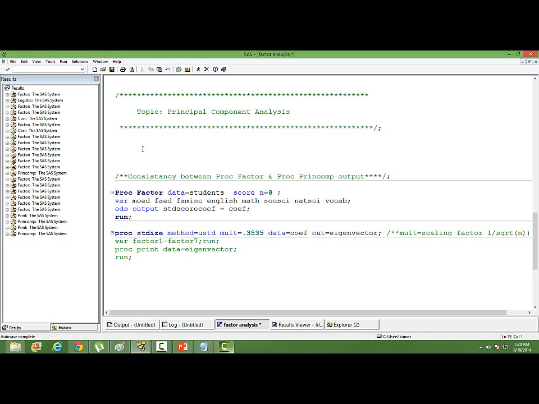We group variables and we name the group something. So when we build the model, we are concerned about the coefficient of that factor in the predictive model. In principal component analysis, we don't really care about the grouping much, although we can give a name,